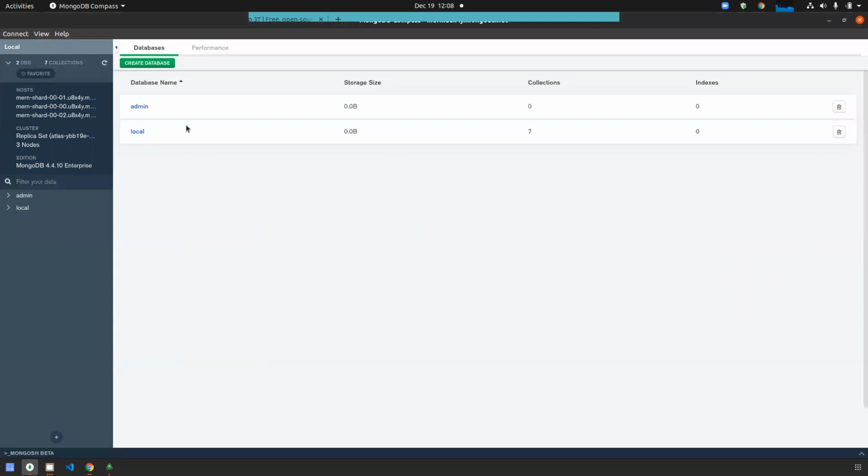You can see in that MongoDB Compass that Atlas is providing two default databases: one is admin, another is local. So one thing is confirmed, you can't create these two databases again. You can't give the database name like admin or local. Besides these two, you need to provide some other database name.